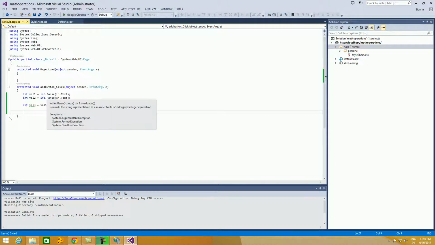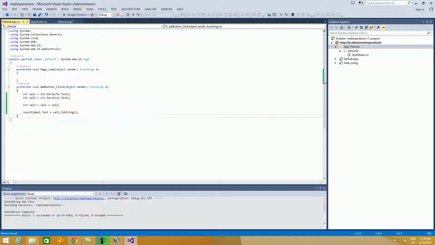I want to display this in the result label. Label.Text is equal to value 3, just value 3.ToString.